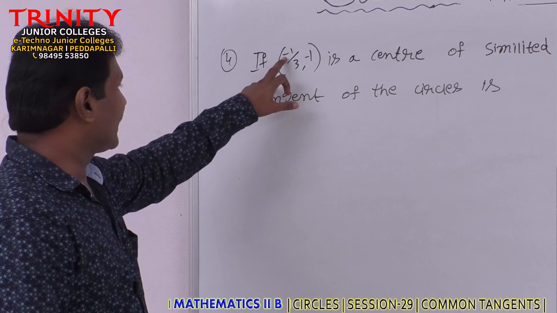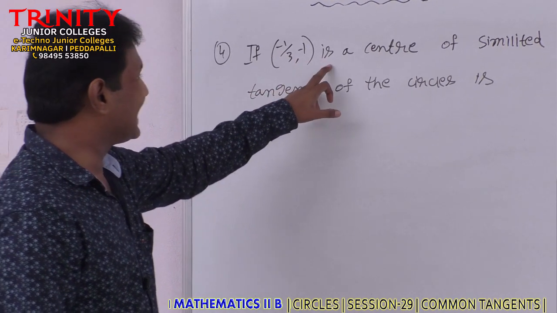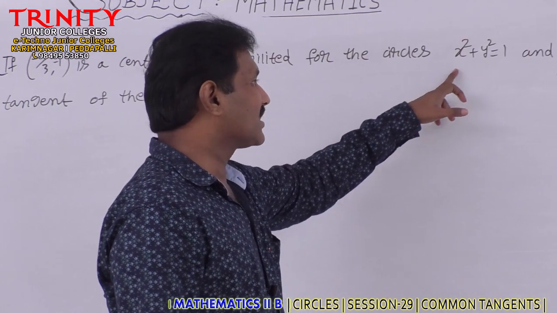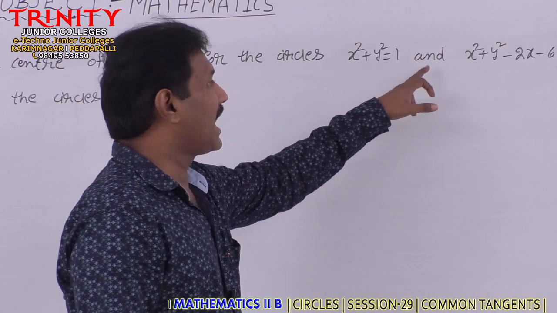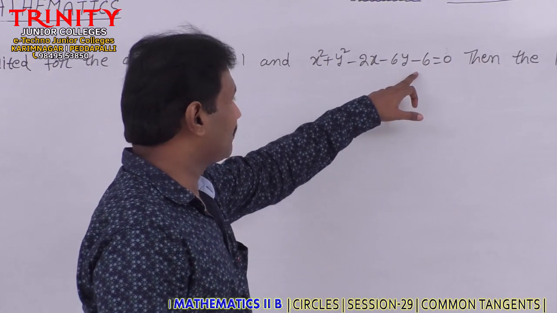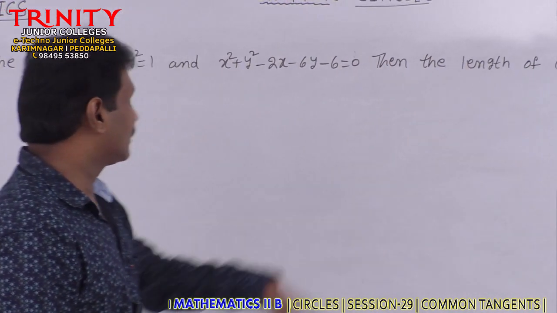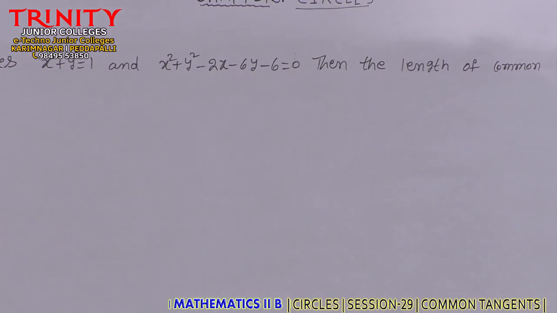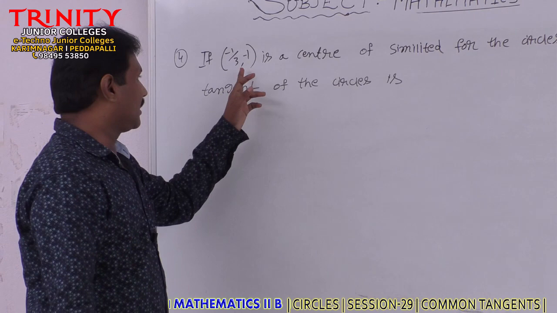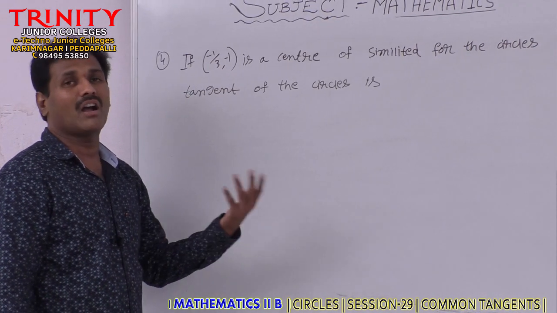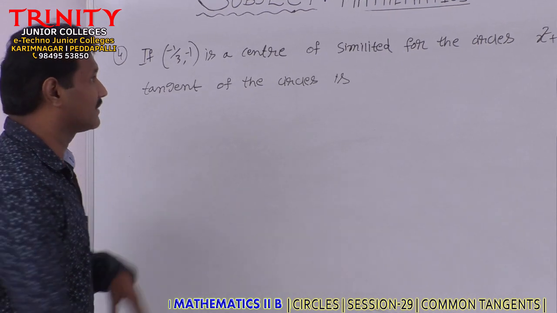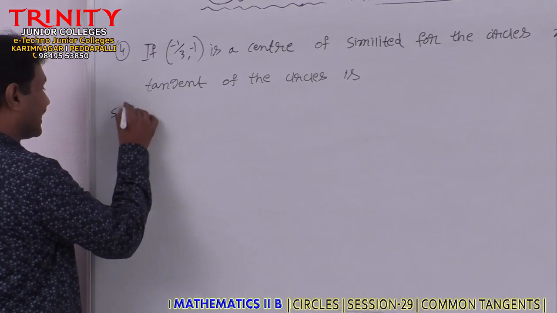If (-1/3, -1) is a center of similitude for the circles x² + y² = 1 and x² + y² - 2x - 6y - 6 = 0, then the length of the common tangents of the circles is... Here it is not clearly mentioned whether the point is an external center of similitude or an internal center of similitude. First, we find the position of the circles. Solution. The given circles are